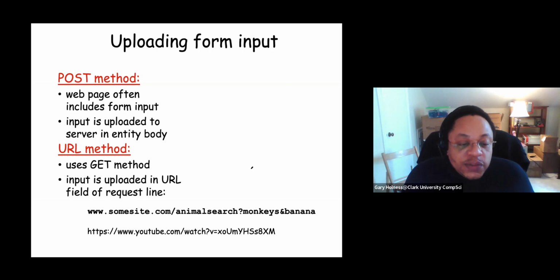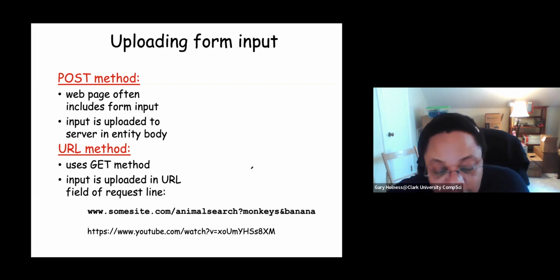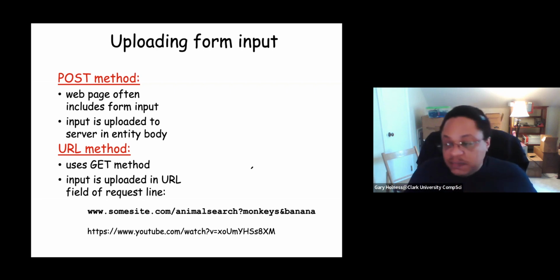And typically what they use is something called the URL get method. What they do is put a suffix, a bunch of other text, on the end of the URL. And those things on the end of the URL are in the form of name value pairs. So for example,